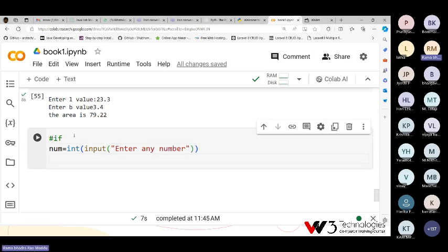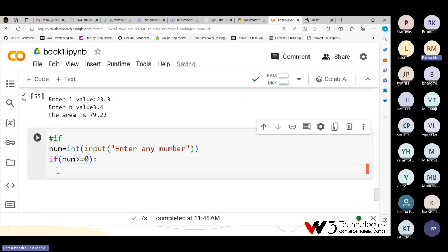The value is available in the number variable. I'm checking if num greater than or equal to 0, so it is positive. But in Python, for the if condition, we need to keep a colon and press enter.